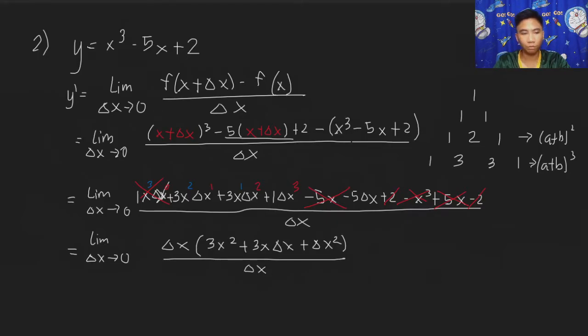Ayan. Oops, nakalimutan ko si ano. Ito si negative 5 delta x or negative 5 na lang, negative 5. Kasi nga, finactor out na natin si delta x. Ayan. So, simply cancel the delta x. Cancel. Our answer now will be,